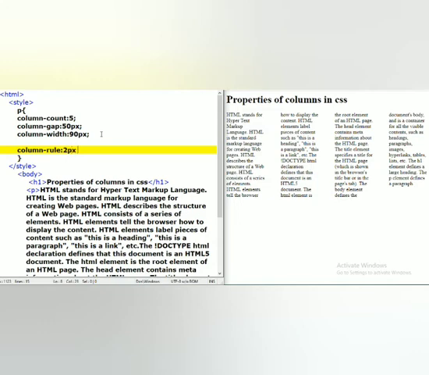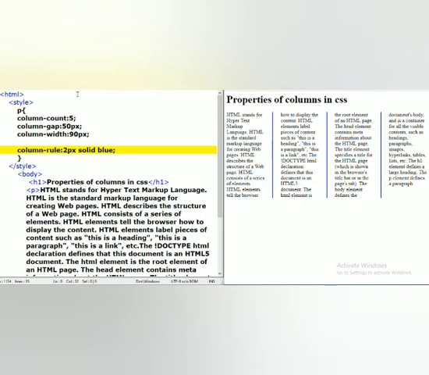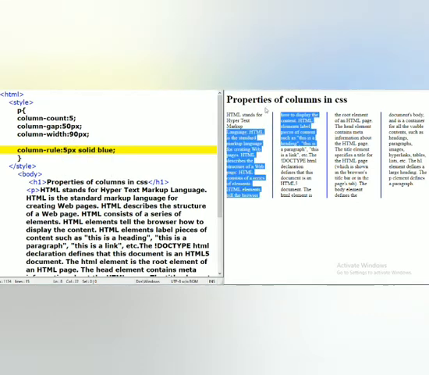Whatever size you want for that line, we can give it here, then the style of the rule, then you can declare the color. I'm applying 2 pixel size for that line in between the columns, style as solid, color as blue. So I'm saving it. You can observe, if I increase the size to 5, you can make out the difference.